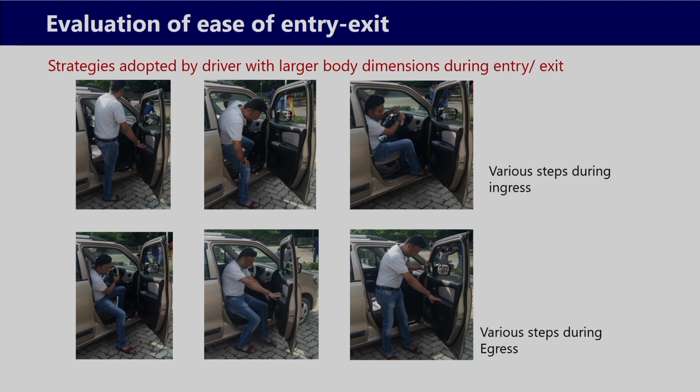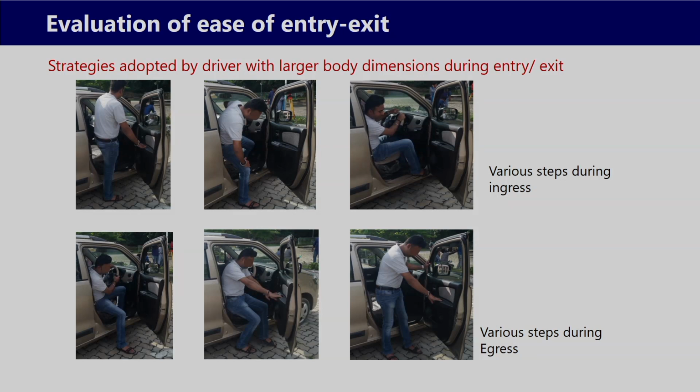2009. Now, different strategies are followed by the taller and shorter driver during the entry exit process. Taller people, or people with relatively larger body dimension, say 95th percentile body dimensions. So, those types of drivers or passengers follow different types of strategy while they are entering. So, here you can see while the driver is going inside, how they are holding